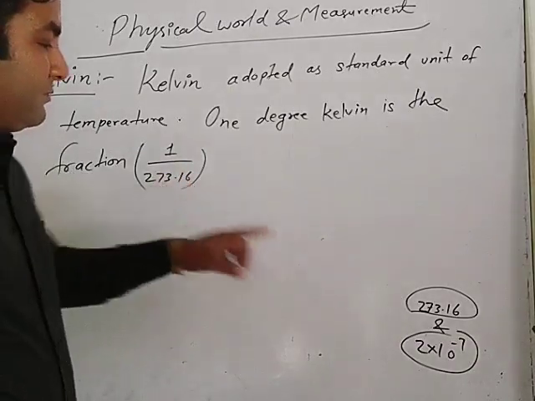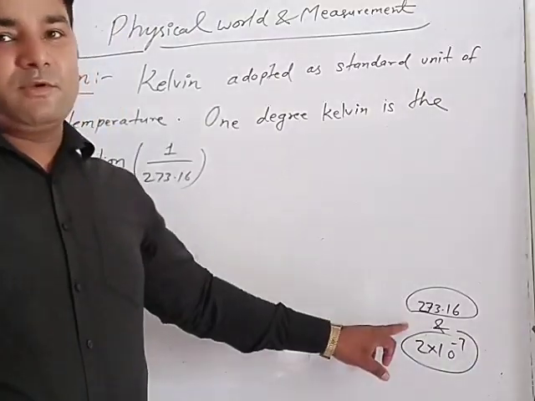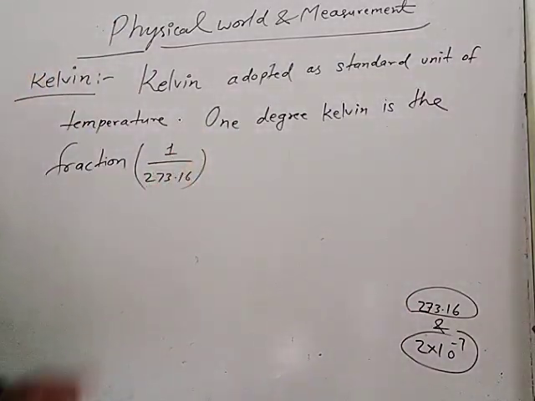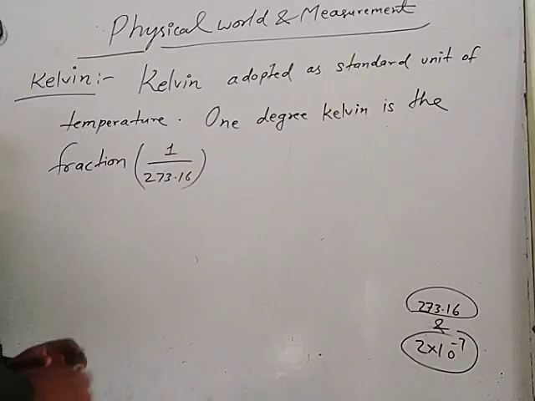This is the numerical value that I explained earlier. You have to learn this one numerical value, 273.16. 1 degree Kelvin is the fraction of the thermodynamical temperature